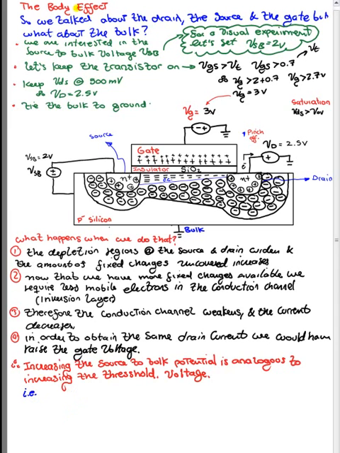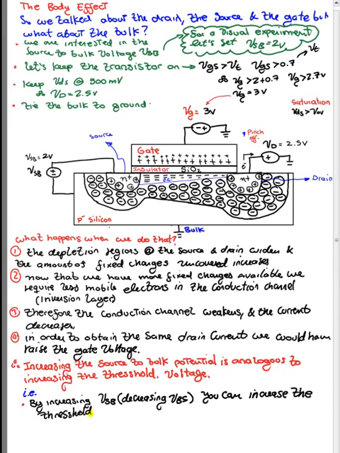By increasing VSB, or decreasing VBS, if you want to modulate the voltage of the bulk and you think about it in terms of VBS, you increase the threshold voltage, and then by decreasing,